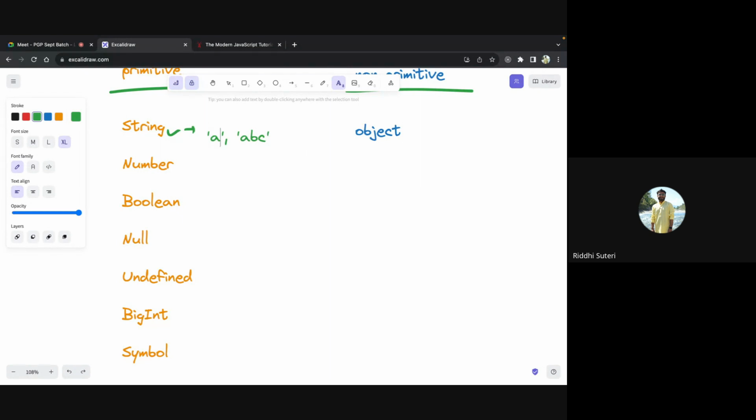Unlike languages like C++, where you represent a single character with single quotes and a string with double quotes, it does not work that way here. You can use whatever you want. You can use double quotes to represent a single character, or you can use single quotes to represent a group of characters also. There should be no confusion in doing that. Both of them work perfectly fine in a string.